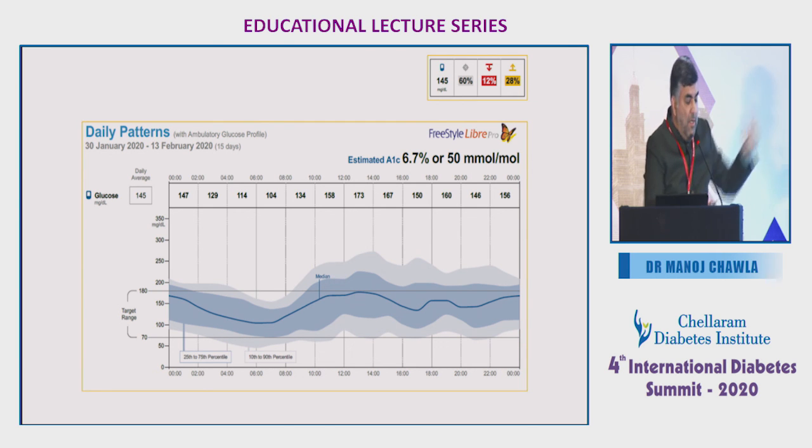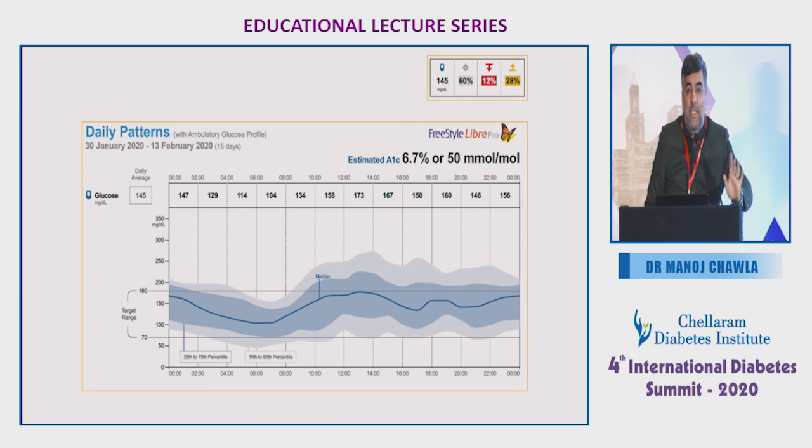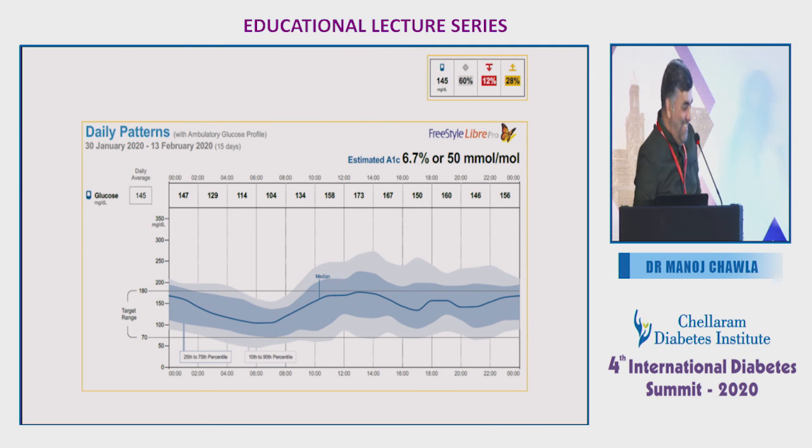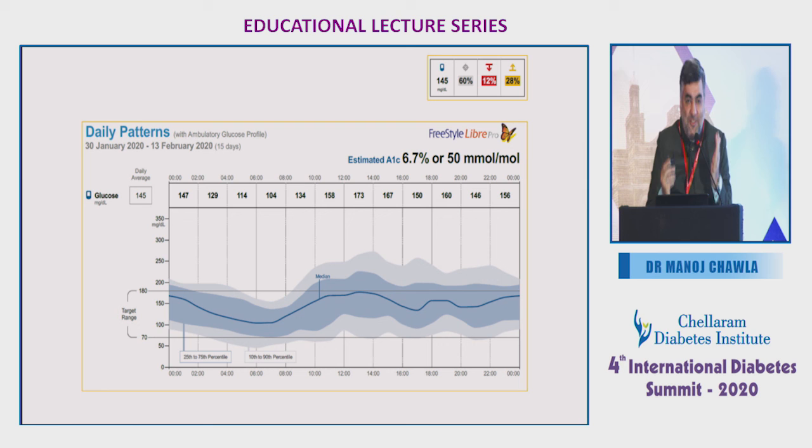So here, what is your target aim for this patient? Daytime sugar control is more important here. So you want to control PP sugars. You want to look at a little bit of stability, and more importantly, you want to decrease the variability, right? How do you decrease the variability for a type 1 on pump? The experts here, want to help me about that? So it's extremely difficult with type 1 variability.